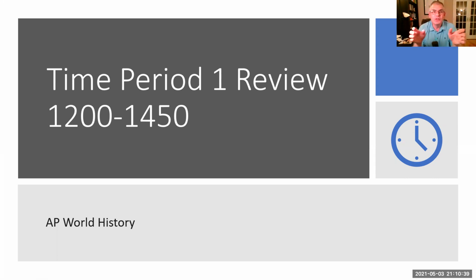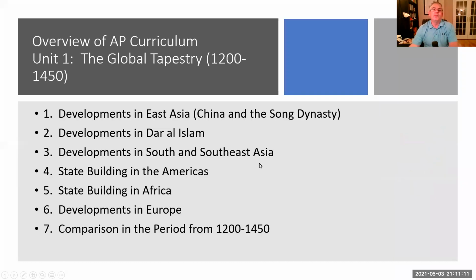What I would just caution you is not to get too obsessed about every minute detail. The idea is that if you have this working general knowledge, really you want to be able to work with that knowledge and apply historical thinking skills to it. So this is more of a detail-oriented lecture with the idea of kind of over preparing you with the content. And this will especially help you when you have to do outside evidence for the DBQ or you have to write your SAQs. So we're going to start first with the first unit of AP World History, which is the